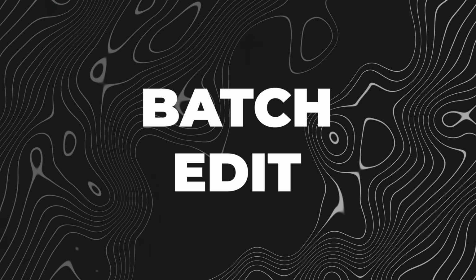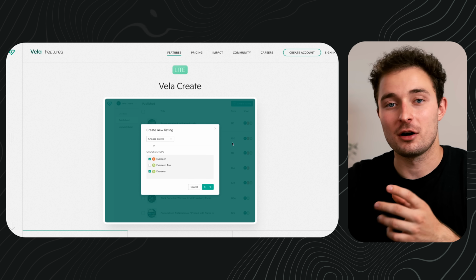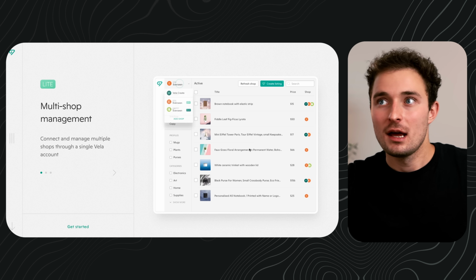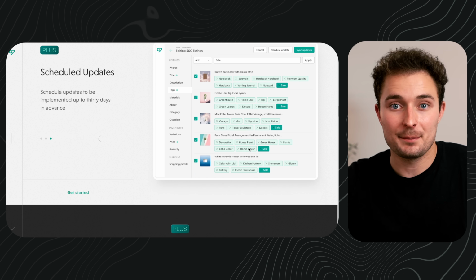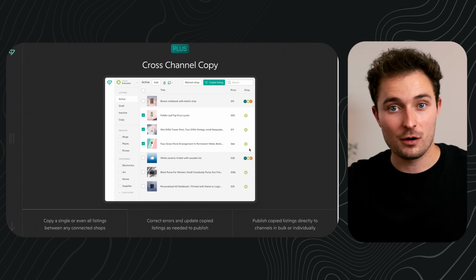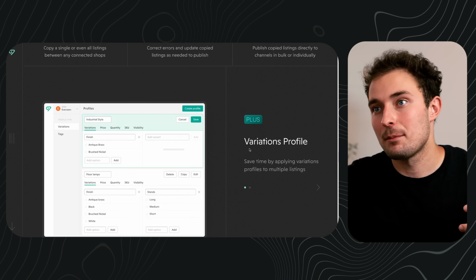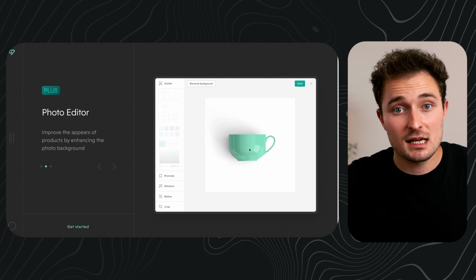Now, the third biggest time saver is to batch edit your listings. Using the Shopify or Etsy editor takes way too long. So instead of doing it the slow way, I use a program called Vela. Now, this is basically just a bulk editing tool. It allows you to connect a bunch of different shops and copy your listings back and forth, which is super useful if you have an Etsy and a Shopify account, for example,